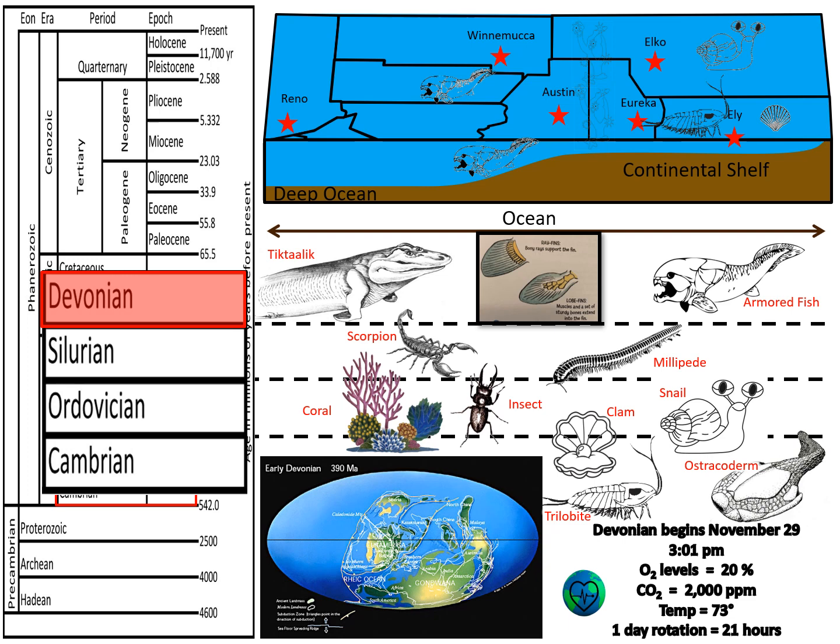Early bugs couldn't digest fresh plant matter, so they had to wait for the bacteria and fungi to break it down first. The Devonian also marks the period of time when we see the first flying insects in the fossil record. The Devonian is called the Age of the Fish because this is when diversification of fish species happened.